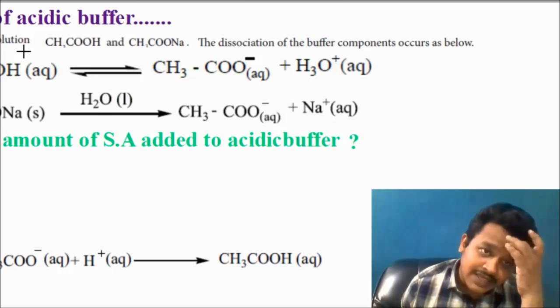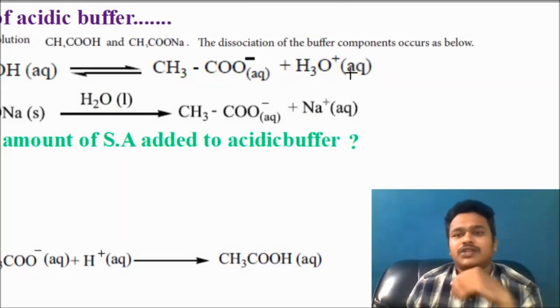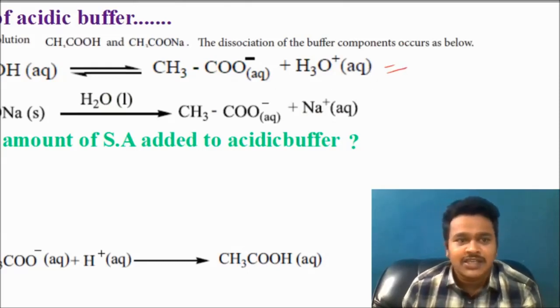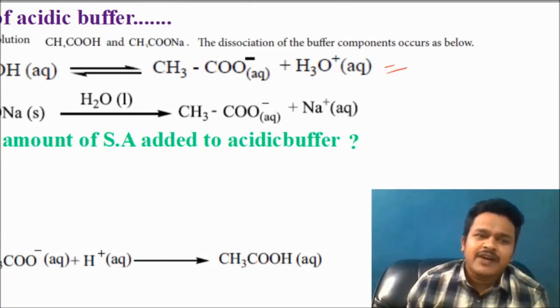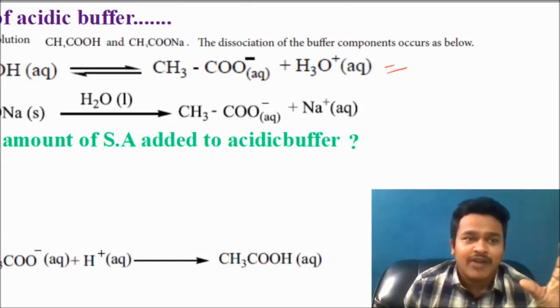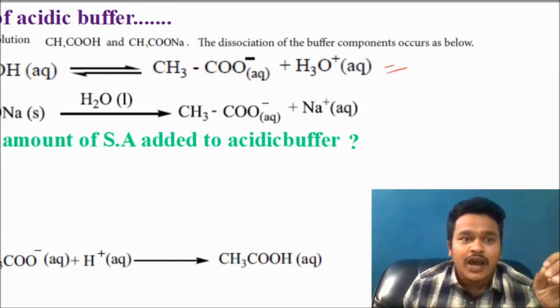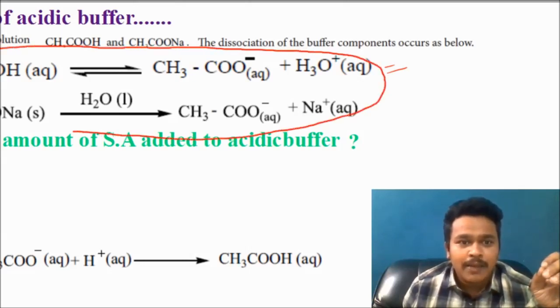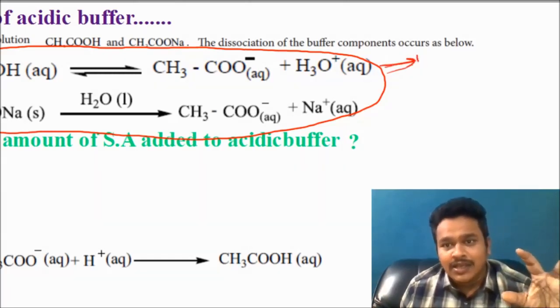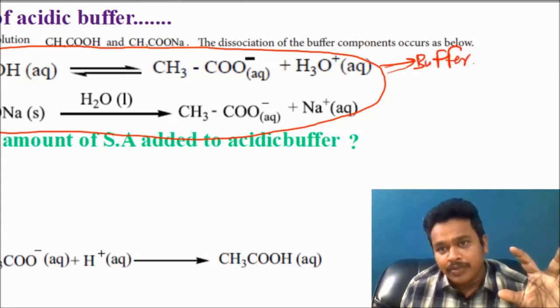This one, see, acidic buffer solution. This is what we studied in the last slide. For better understanding, I am retaining the slide as it is. This is a partial dissociation, this is a complete dissociation. If a small amount of strong acid is added to the acidic buffer, I have to check the action. What I am studying here is the action only. By adding it, I have to prove that this is a buffer solution.